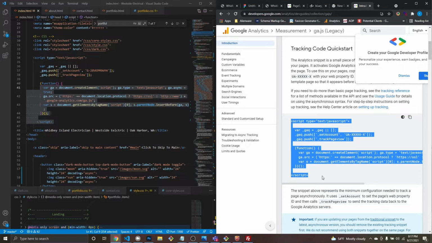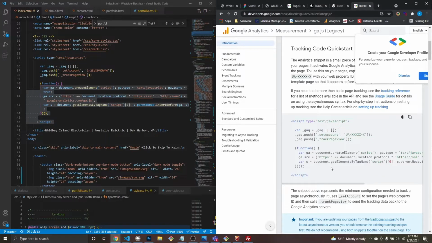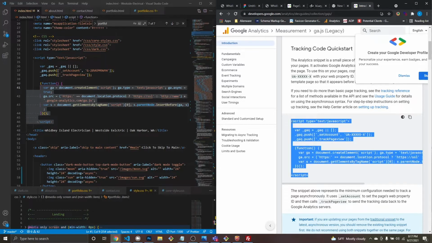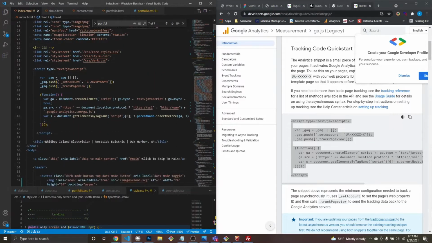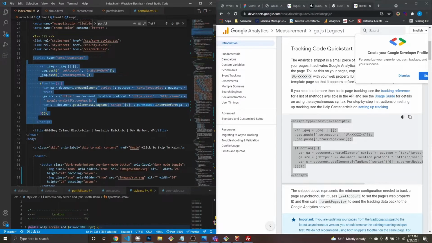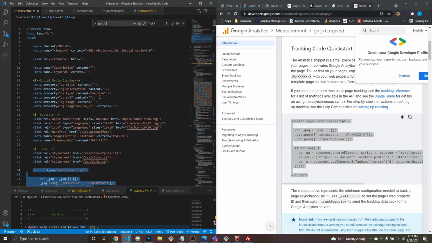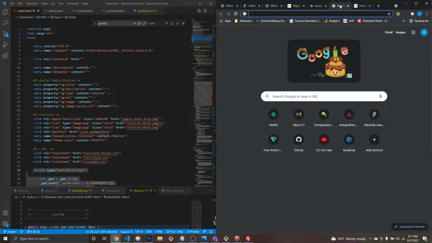So this is the script you use instead of the normal one. It will load asynchronously, which will improve your page speed. And what you do is you don't put it at the top, you put it at the bottom, so it's the last thing that gets loaded. When I saw that, I saw some improved website speeds by using this script that I got from